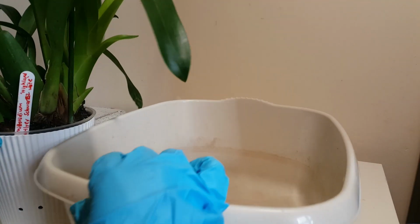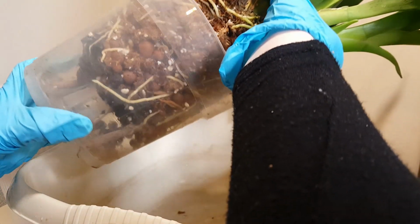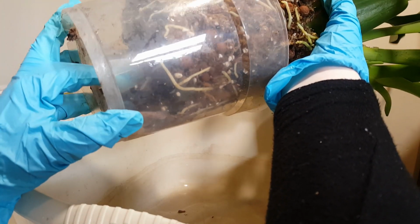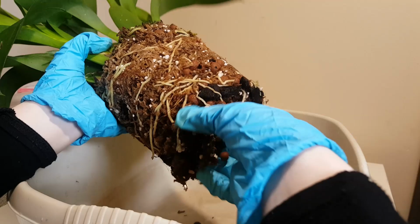I'm going to remove the tag first. And this one, obviously, it's got more roots, so we're just going to squeeze this out of the pot, see if we can get it out. Yeah, it's coming out, no problems. Oh, maybe a little bit of a problem. One of the roots has gone through the bottom there. Okay, so that is the root system that we've got, and that is after not even that long in the